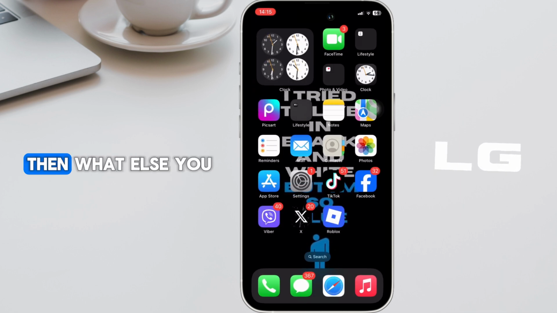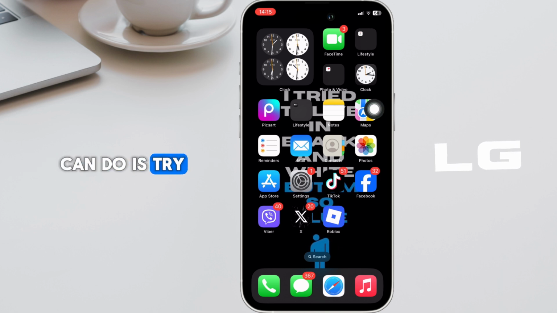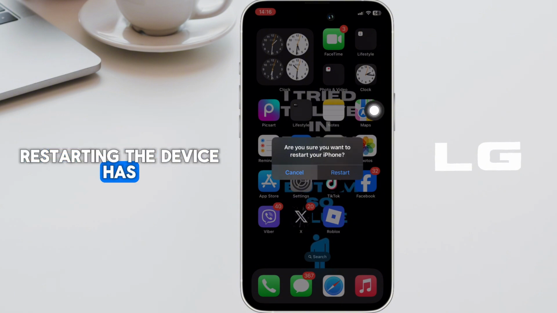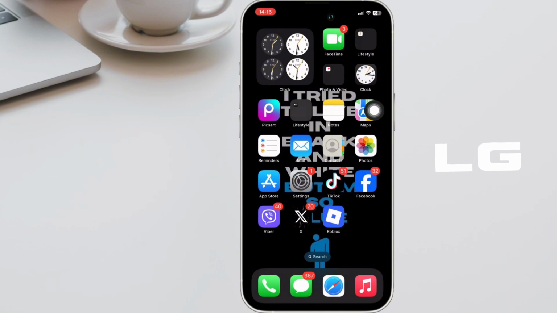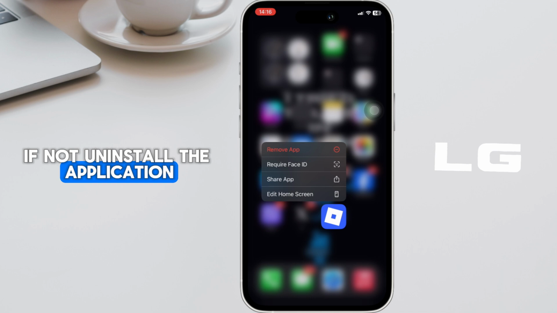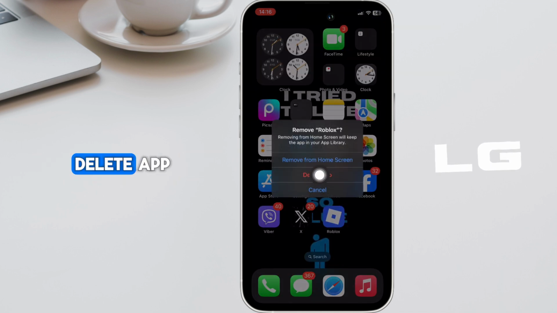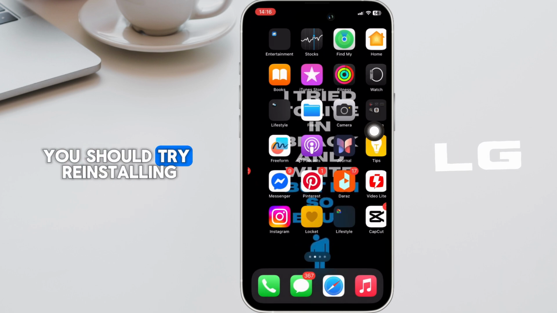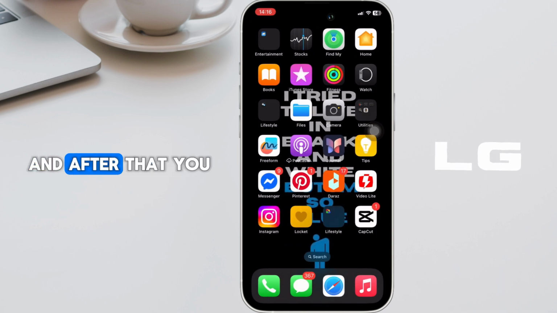If not, then what else you can do is try restarting your device for once. Most of the time, restarting the device has also fixed the issue. If not, uninstall the application, tap on remove app and then click on delete app. Once the application has been deleted, you should try reinstalling the application, and after that you might be good to